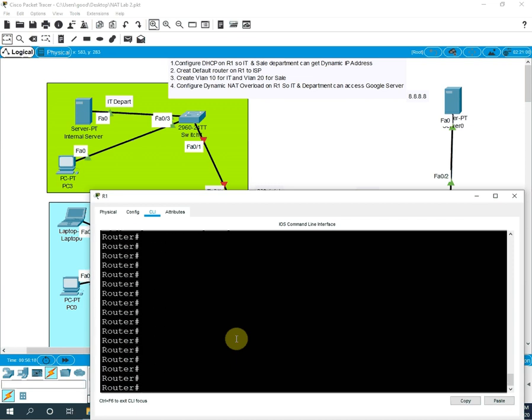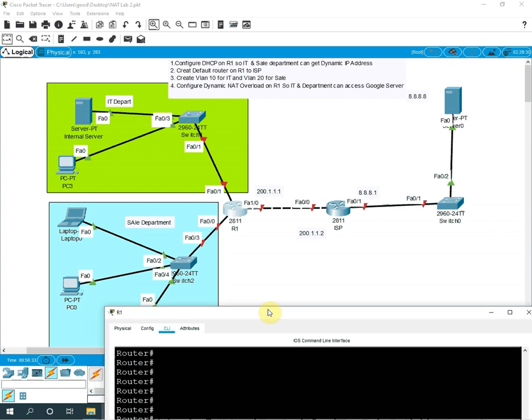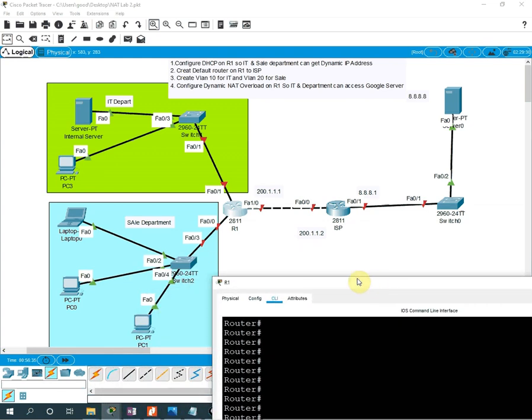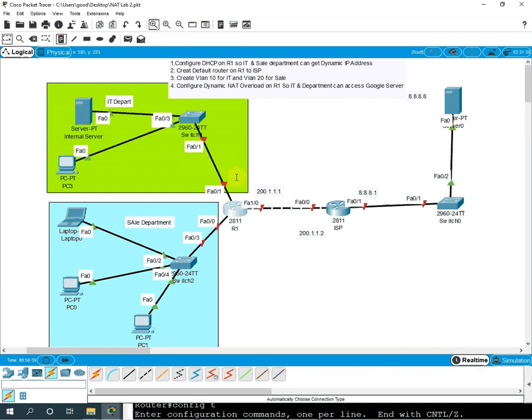So let's start. We will do the configuration. In the question he is saying R1. So let's change the host name to R1. Host name as R1. So I changed it to R1. Then it is good to see the interfaces. Whatever IP address is given, we can assign that IP address. Here no IP address is given, so let's take this one as 192.168.1.1, our favorite. Always we are using this one.